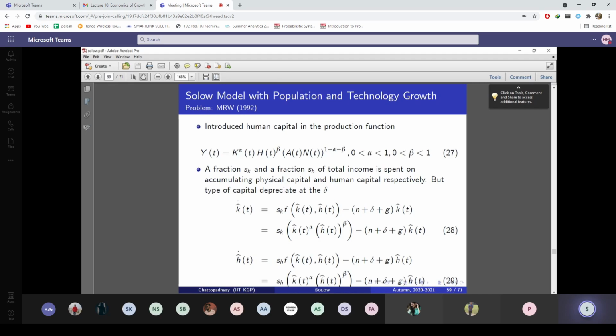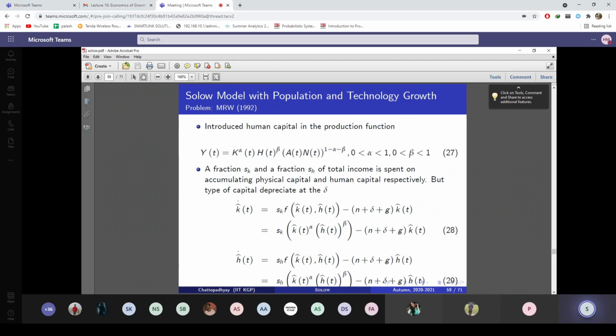And small k hat over here, you see you have A_t N_t. I can simply divide both sides of this equation by A_t N_t. No problem. In this equation, you will see again the capital K by capital Y is constant along the steady state. Capital H by capital Y is constant along the steady state. So what will happen? Your rate of growth of per capita output will be the rate of technology growth, and the rate of growth of aggregate output will be population growth plus technology. You can simply divide both sides by A_t N_t.